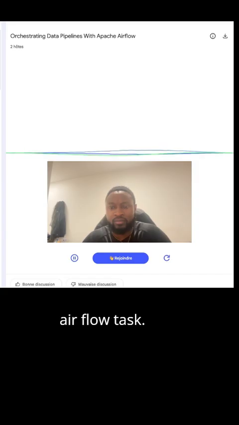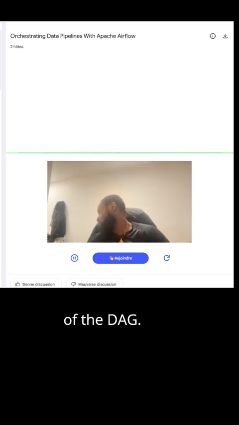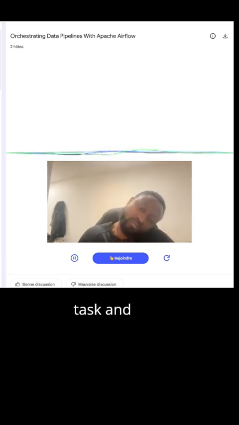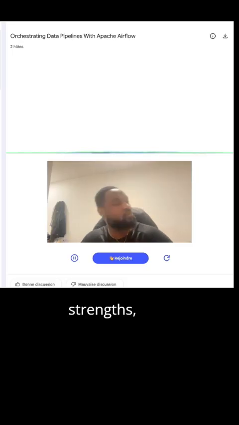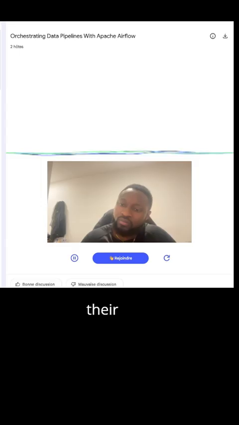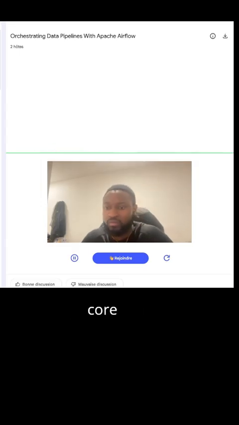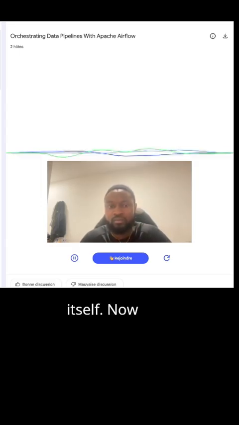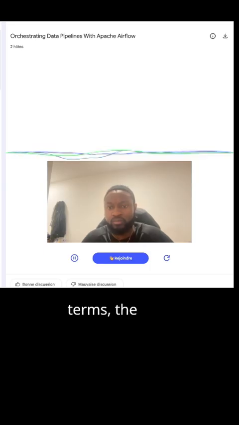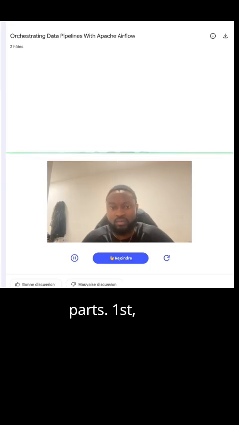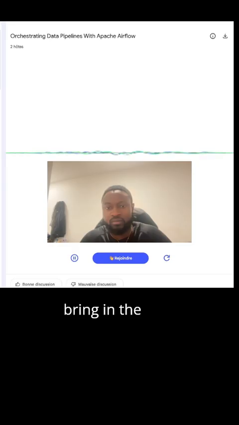And what about the individual actions within that job, the steps? Those are Airflow's tasks. A task is the individual unit of work. So if your ADF job had a step to read a file, that would be an Airflow task. And if your job has dependencies like step 2 runs after step 1, that's the directed part of the DAG. This common vocabulary, DAG, task, and operator, is one of Airflow's strengths, ensuring consistency. And that's critical for your certification.